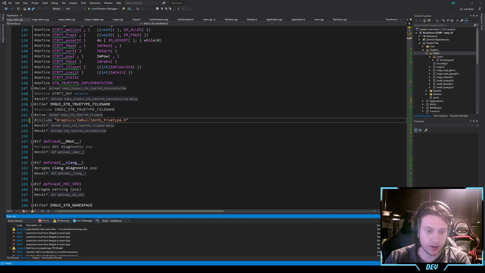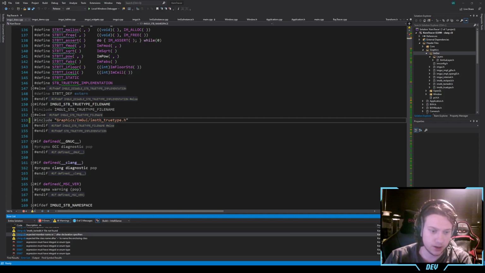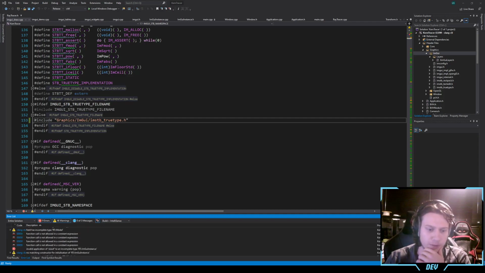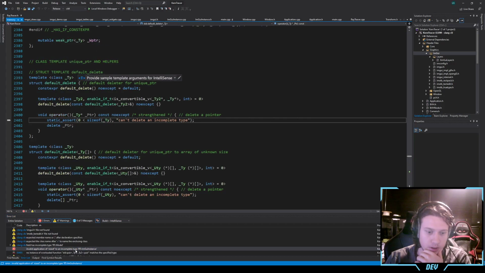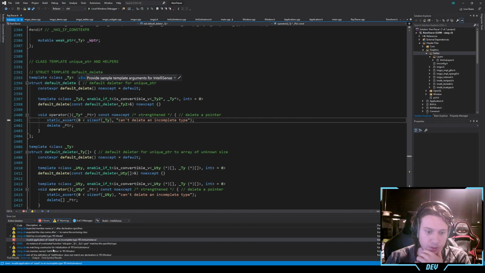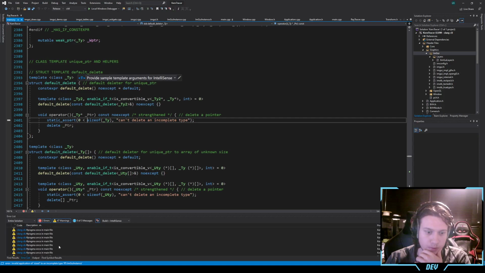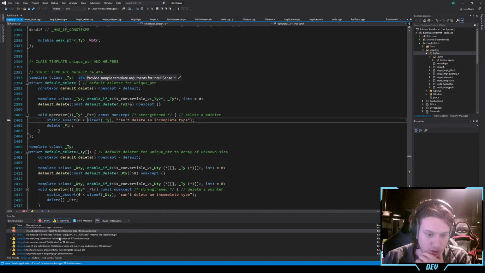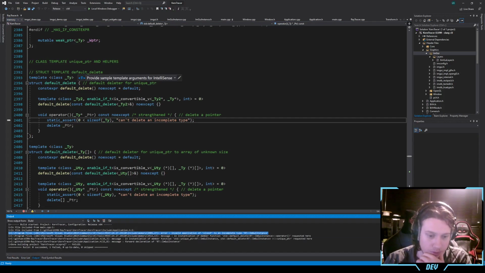Yeah, so here currently I'm just working on implementing a GUI for the Raytracer, because it's going to be quite useful. I'm almost actually done with that. So one failed because